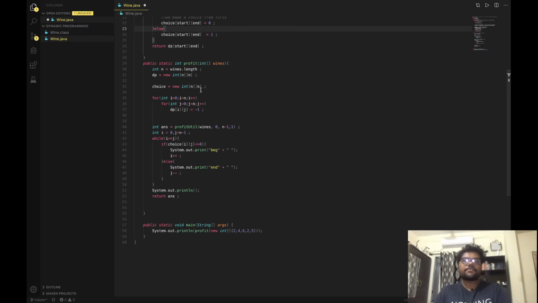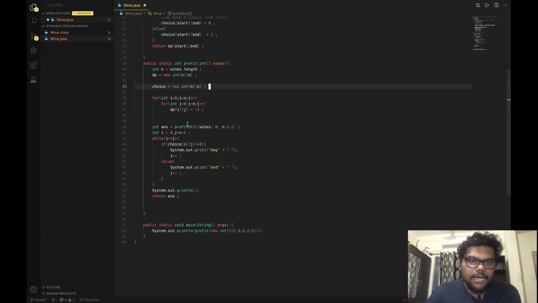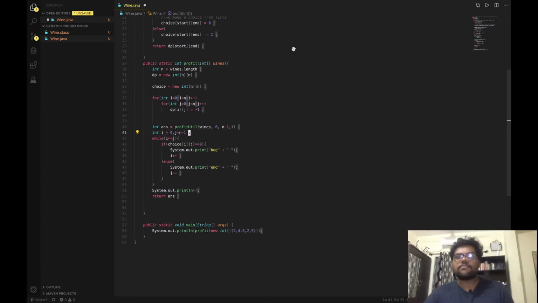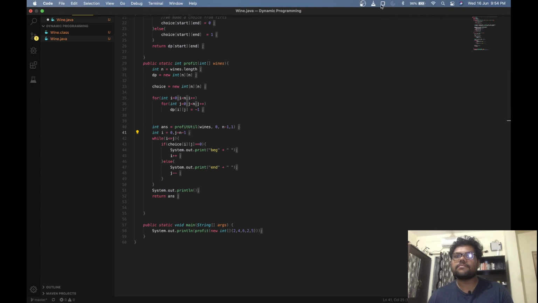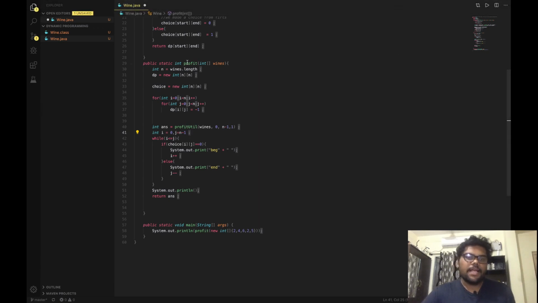Once my recursion is over, I will have to print the beginning and the end also, right? So I have declared two variables here, i and j, and I iterate as long as i is less than or equal to j.